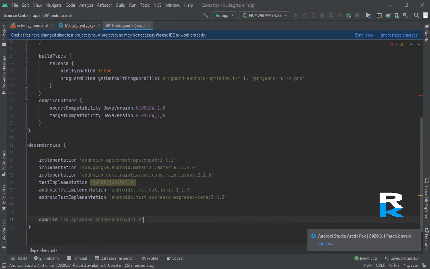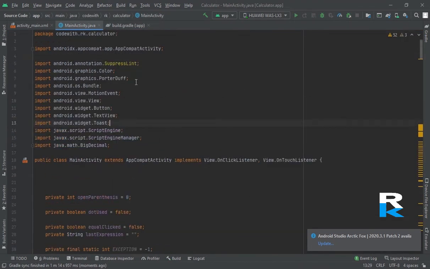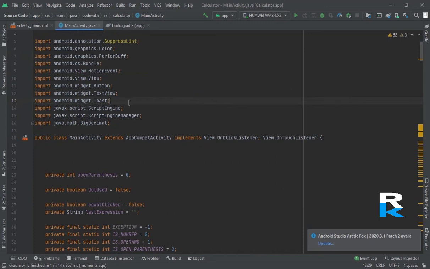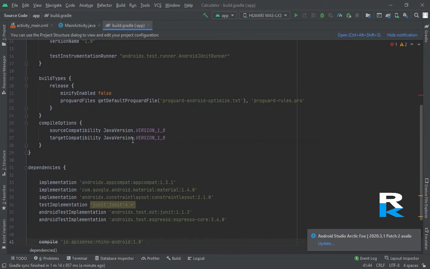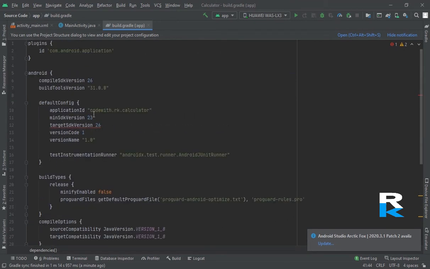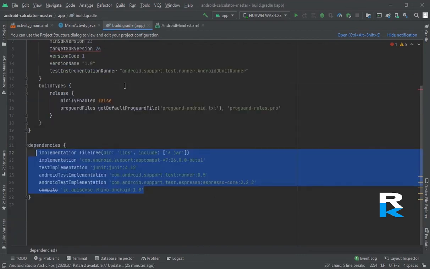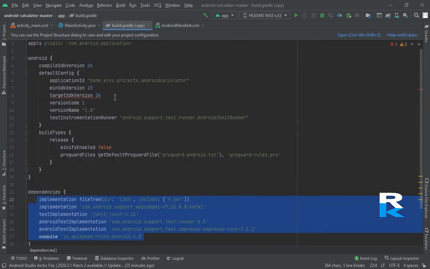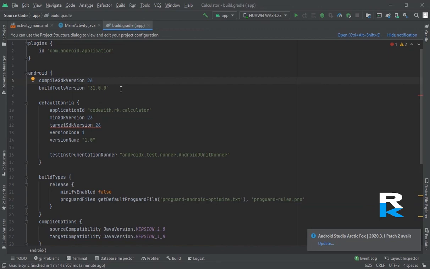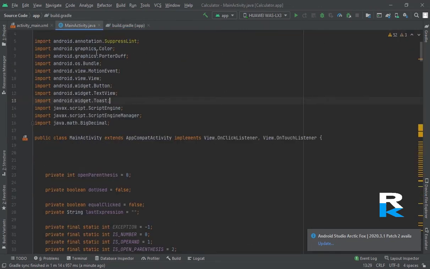Just enter these libraries and sync now. Now here every error has been solved because I have also changed some dependencies here, and the SDK version target, compile SDK version to 26. Fine. Now everything is being solved.